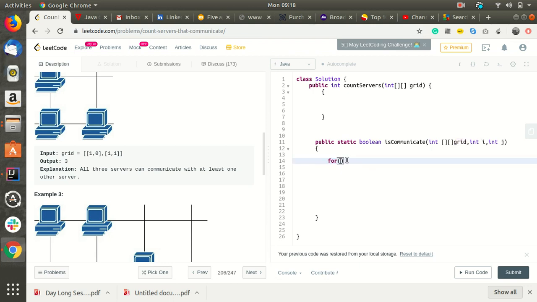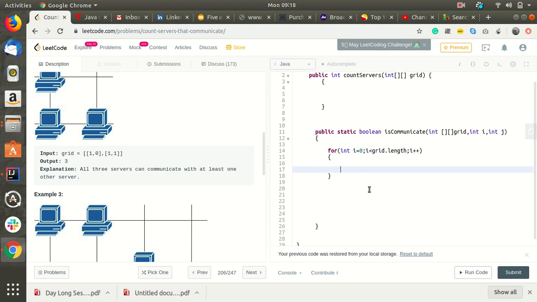For int i equal to 0, I'm checking all the rows, i less than grid dot length, i plus plus. Now we'll check whether there exists a 1 in the rows. We fix the place where 1 is present, and we check all the rows, so basically it will check the column items.